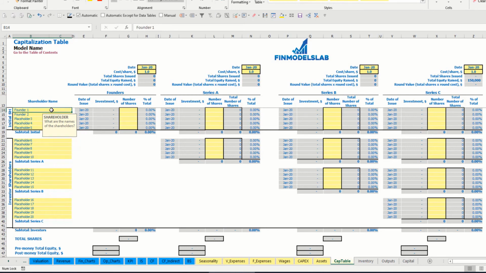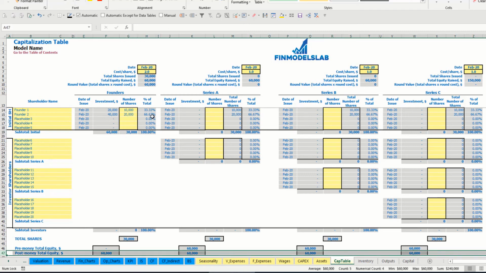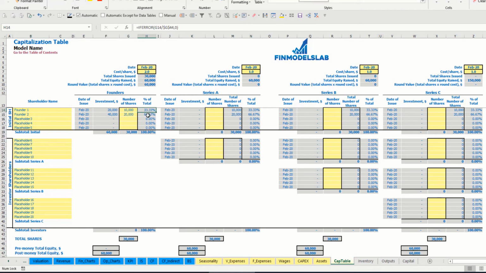So total amount of shares for founder 1 can be 10,000, for founder number 2, 20,000. Let's imagine that cost of share will be $2 and the date of founding is February. This means that investment for founder 1 is $20,000, for founder 2 is $40,000. In total, they invest $60,000, which you may see here. The dilution is 33 to